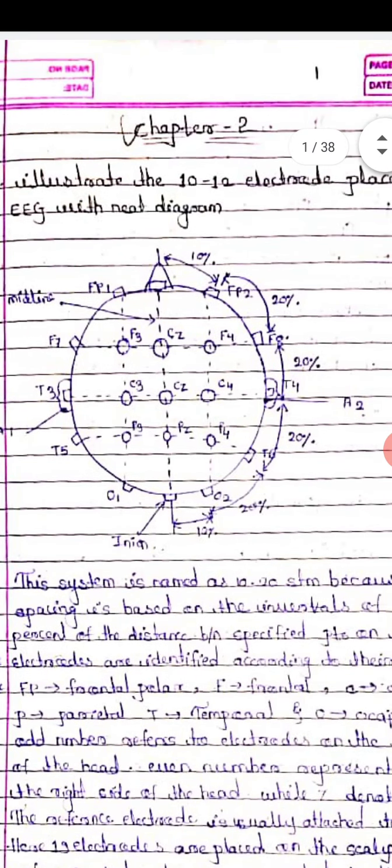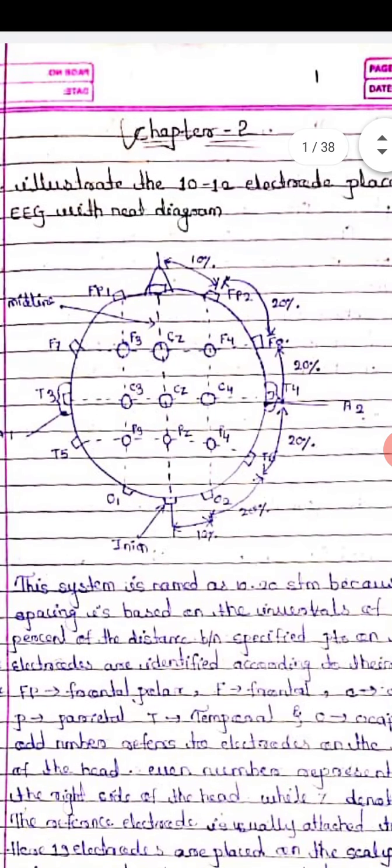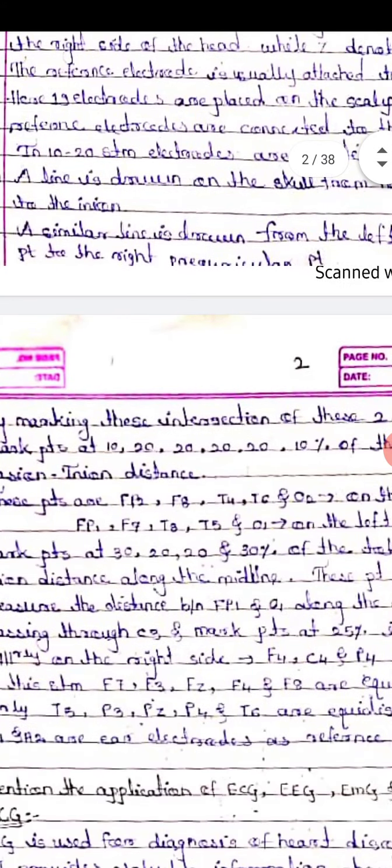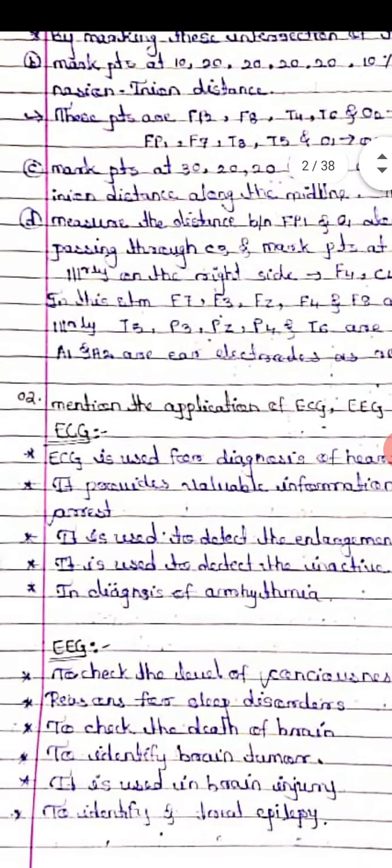So in that, the most important thing is the diagram. So you should draw the diagram correctly, and according to the diagram you have to explain. So how you draw the line in the diagram, in the same way you have to explain in the explanation.